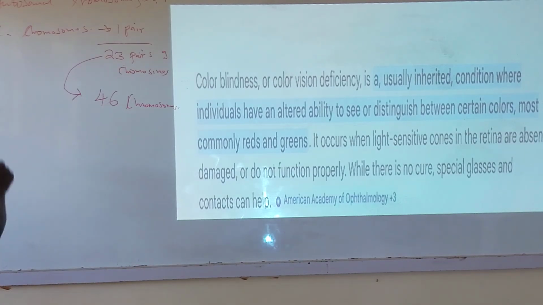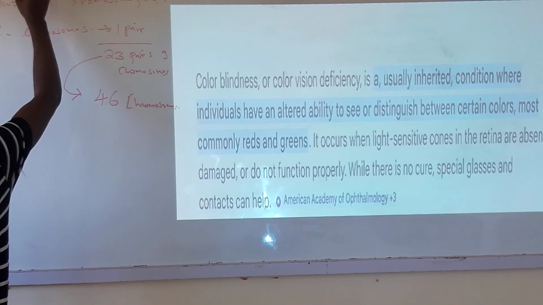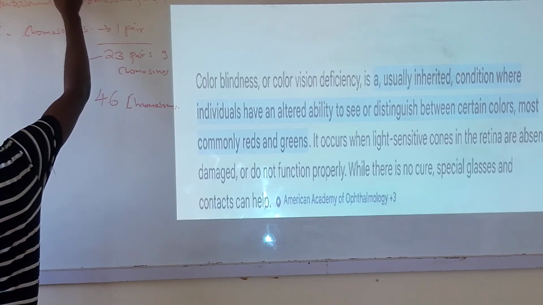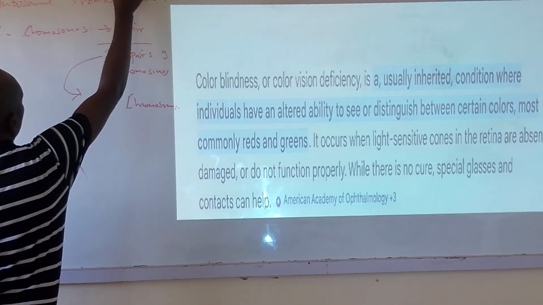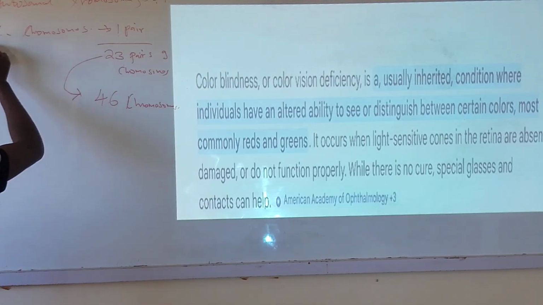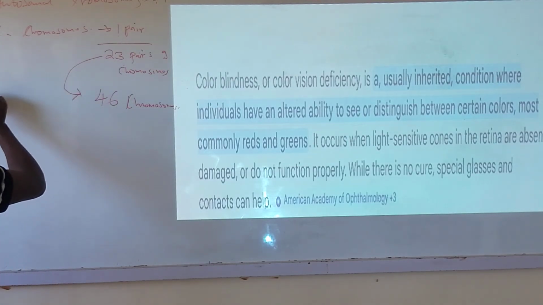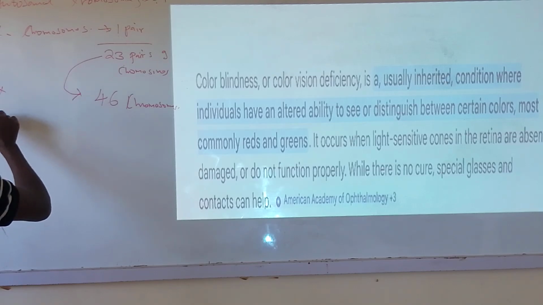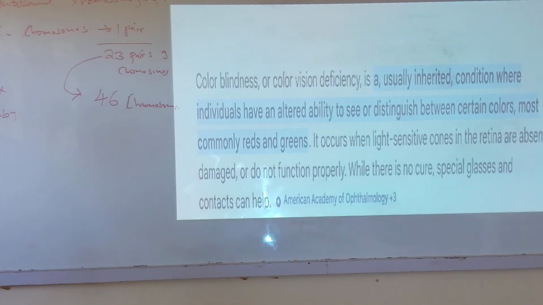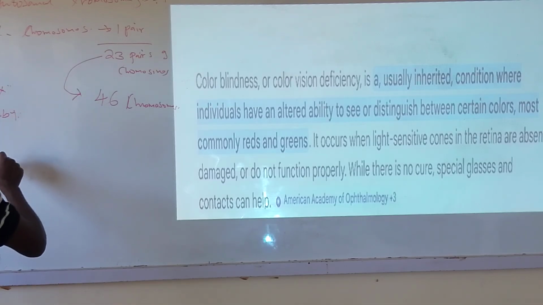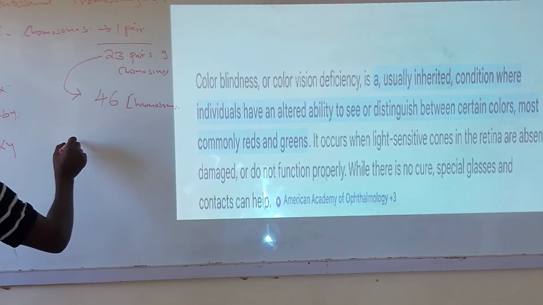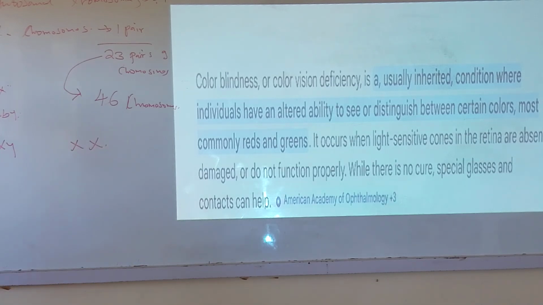So autosomal chromosomes, this one here, will determine characteristics of a human being, while the sex chromosomes, this one here, determine the sex of the baby. And this is where we are. The sex chromosomes are 2, XY for boy and XX for female. So we are saying